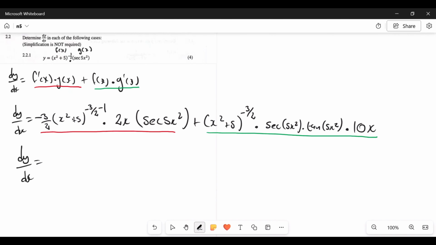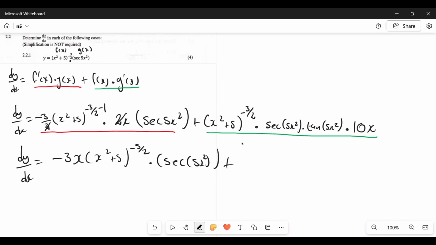So if you look at this one here, we have negative 3 there, and we have 2 and 2, so they're gonna divide each other. So we're left with x there, and then we have x squared plus 5, and then we have the exponent there, which is negative 3 over 2 minus 1. What is it that we are getting there? This is going to be negative 5 over 2, and then we multiply by sec 5x squared, there we go,